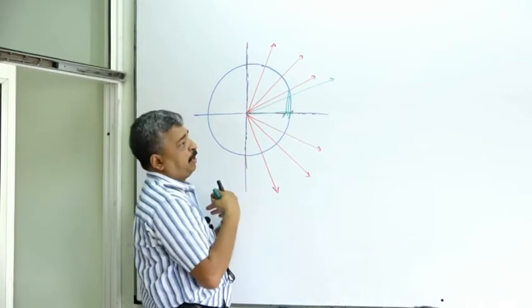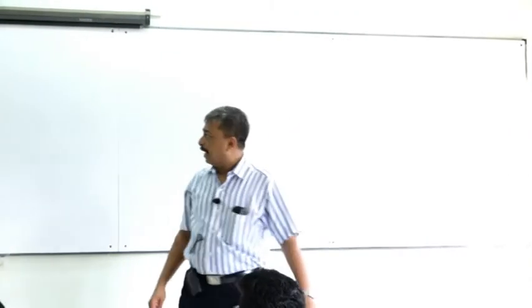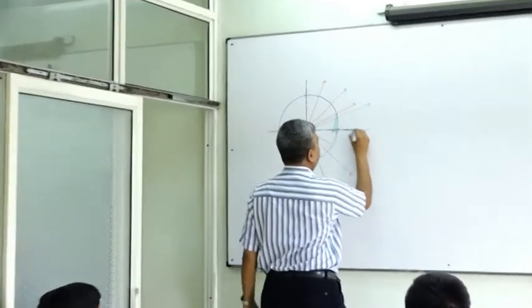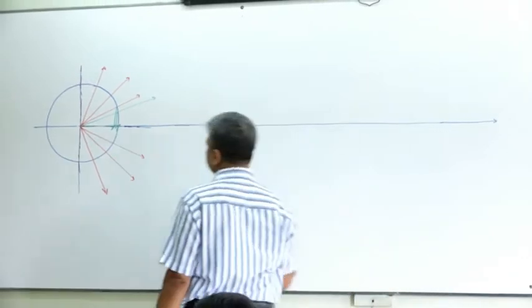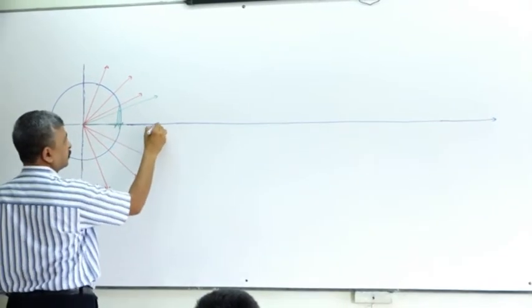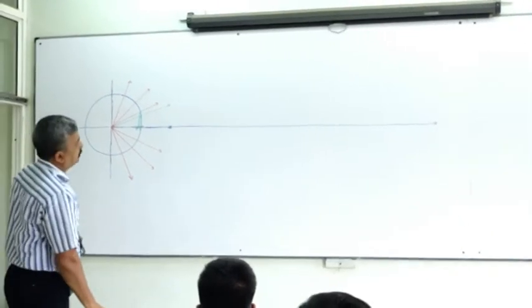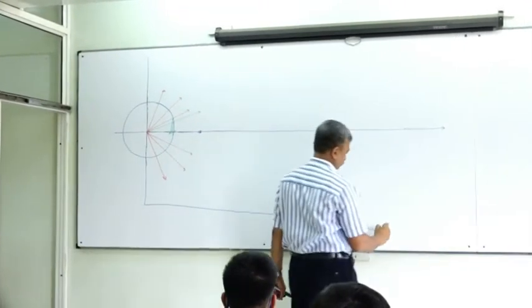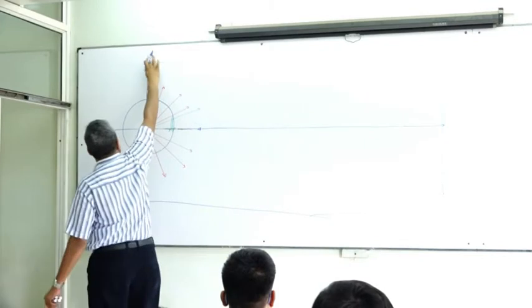So it is important for me to first plot these standard angles because their values are available to me. Their values are in the table, and hence I will start plotting these points on a graph paper. And the thing that I will do is I will take this as the x-axis. Now the graph paper has got limitations, so I will hold the graph paper in horizontal position. Maybe I will draw the graph paper also. This is my graph paper, which I will give you and you will also draw.